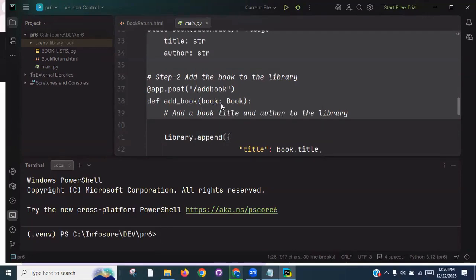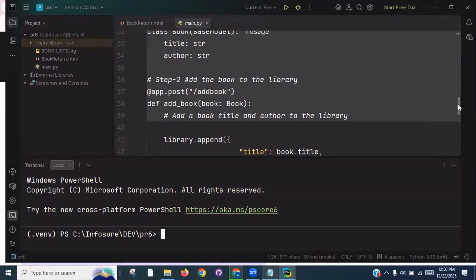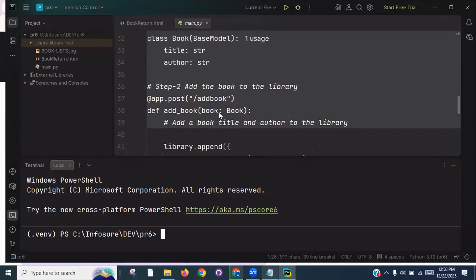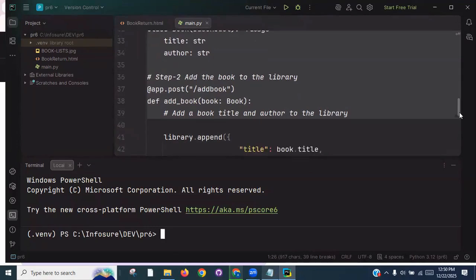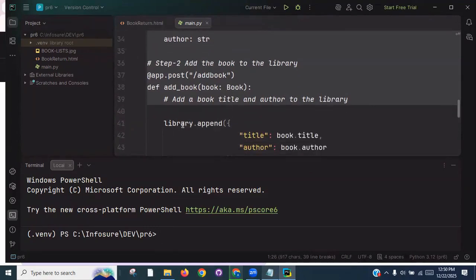Now, where does this come from? It's of the type the model. Type the model book. Model is book. So book colon book. Okay. And the second book is uppercase. Then I'm doing to that library